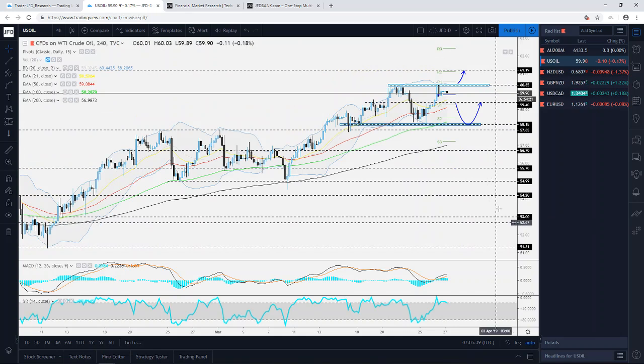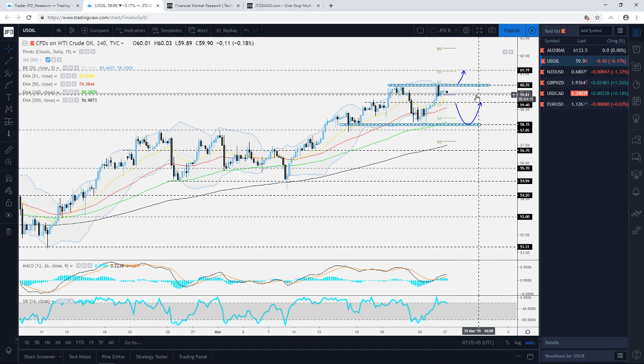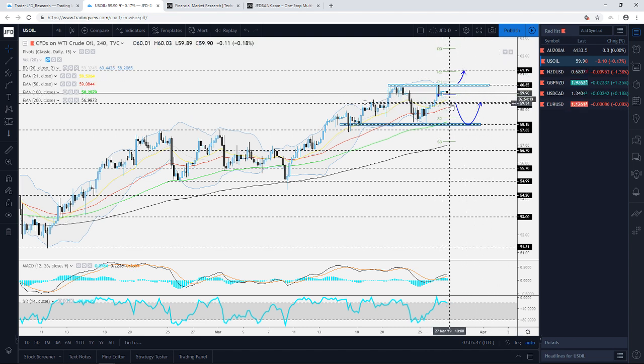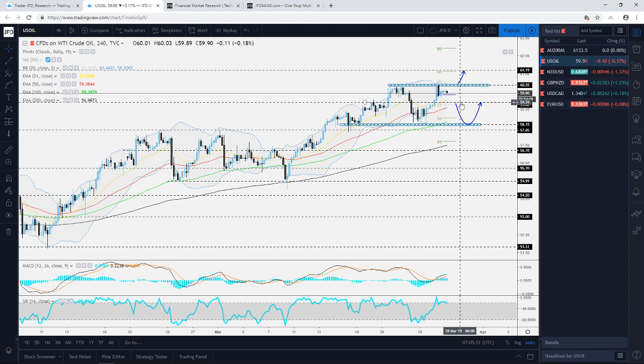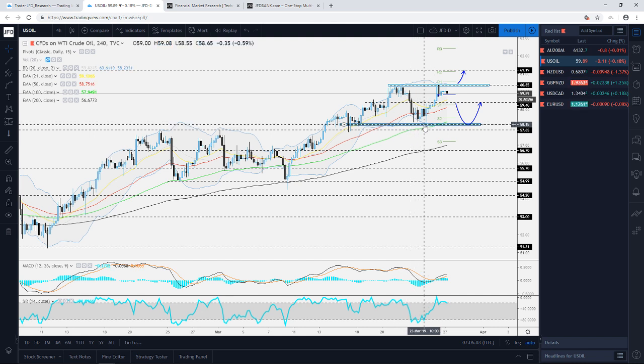A quick update on the WTI. I'm not going to spend too much time on it, but yesterday I was talking about some of these key levels to watch out for. Those are still in play. So on the downside, you should keep an eye on this 59.40 area approximately. A nice good drop below this could lead the commodity further down towards the lower side of this little range that the WTI is currently stuck in.